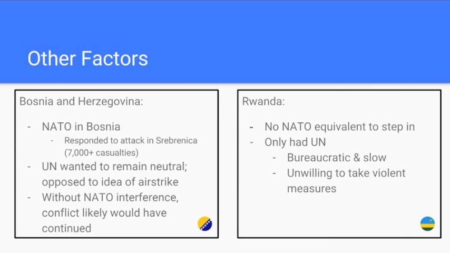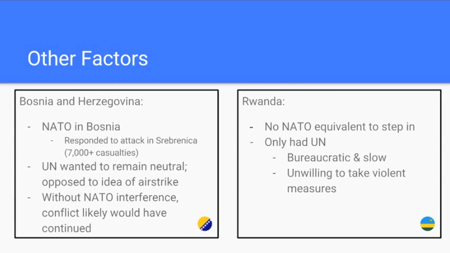And then other factors to consider, though. Actually, I'm not going to go over sub-state just because there wasn't really much to talk about there. But I think it's important to mention other factors. And so in Bosnia and Herzegovina, after the attack in Srebrenica, which had over 7,000 casualties, it was by far the largest attack,